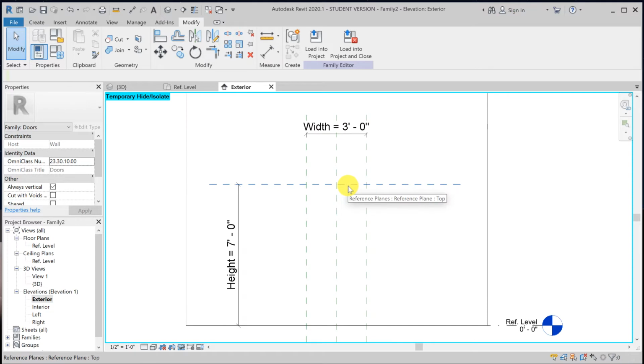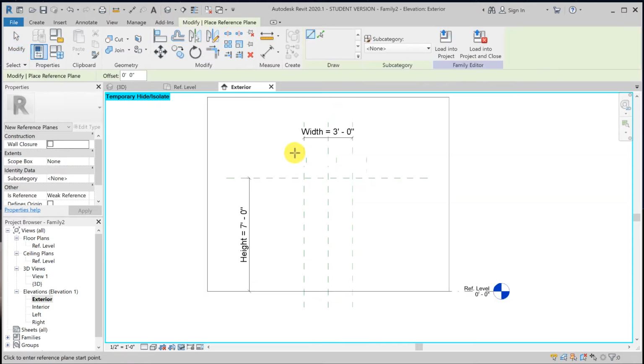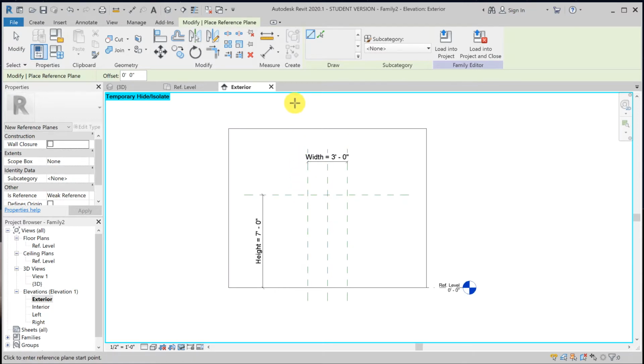Now, I want my opening to be bigger than the size of the door, because width and height will control the width and height of the actual door panel. All right, so my opening inside the host should be a little bit bigger. Okay, so I'm going to make it ½ an inch bigger on each side. So I will use RP for reference plane. Let me zoom out, and I'm going to make it longer than I need. I'm placing one here,